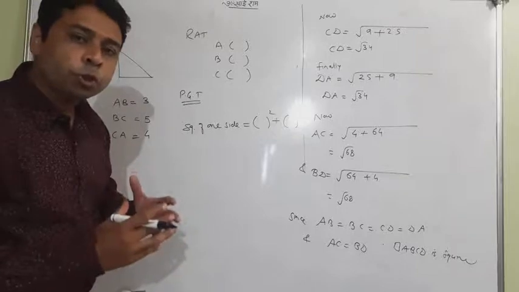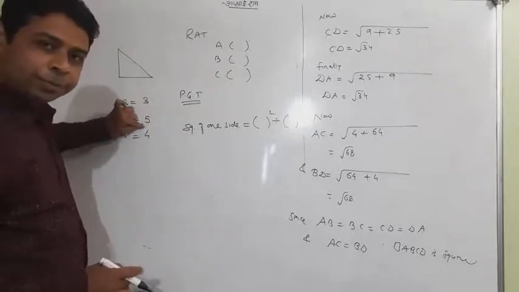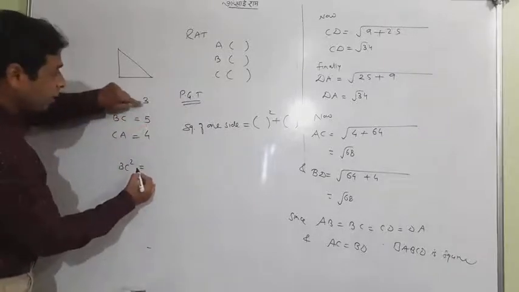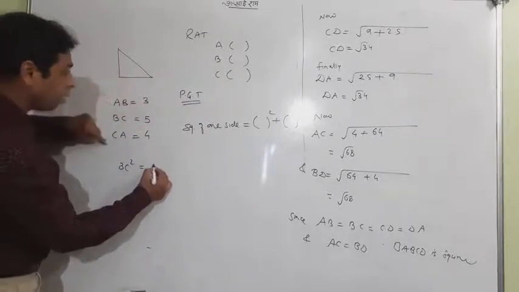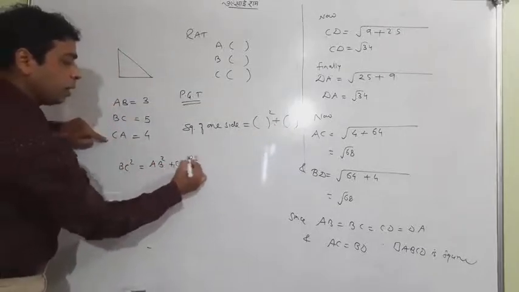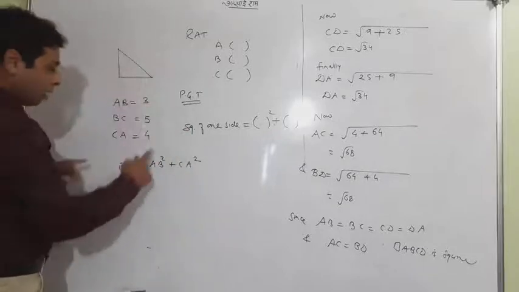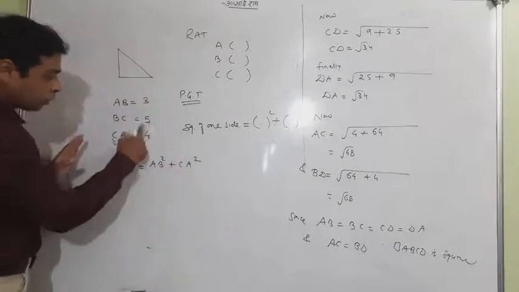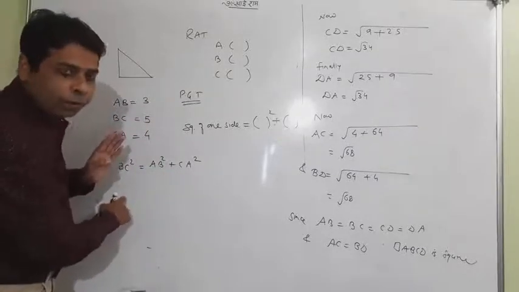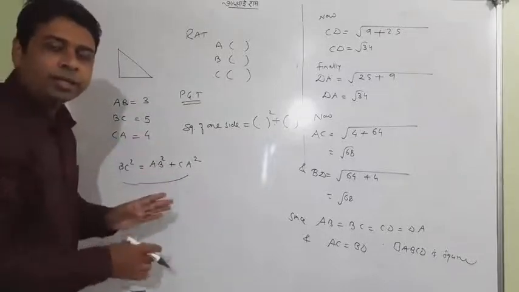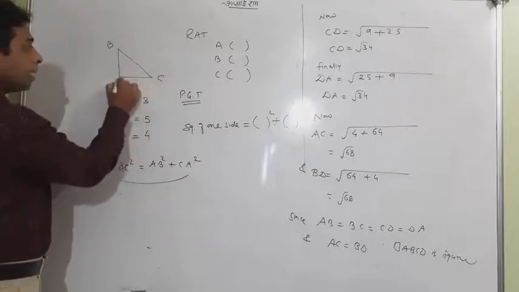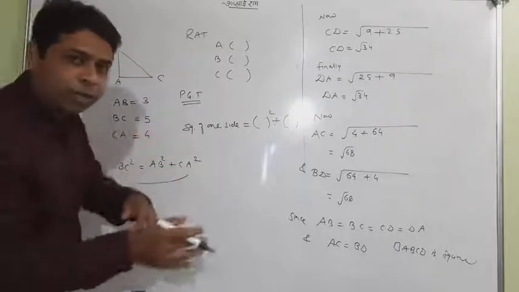So what you will show is that the square of one side, 25, equals the sum of the squares of the other two sides, AB square plus CA square. No matter where the point is, the important thing is BC square is 25, AB square is 9, and this is 16. 16 plus 9 equals 25. If this is correct, in this case I would say BC is the hypotenuse, and AB and AC will be the other two sides.